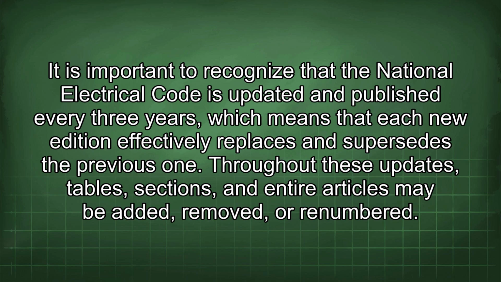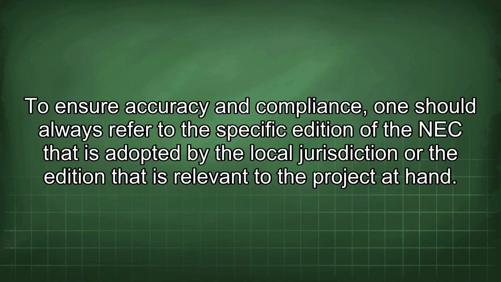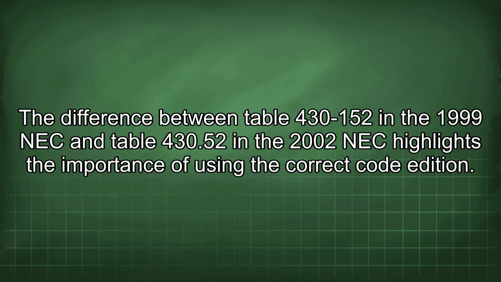Throughout these updates, tables, sections, and entire articles may be added, removed, or renumbered. To ensure accuracy and compliance, one should always refer to the specific edition of the NEC that is adopted by the local jurisdiction or the edition that is relevant to the project at hand. The difference between Table 430-152 in the 1999 NEC and Table 430.52 in the 2002 NEC highlights the importance of using the correct code